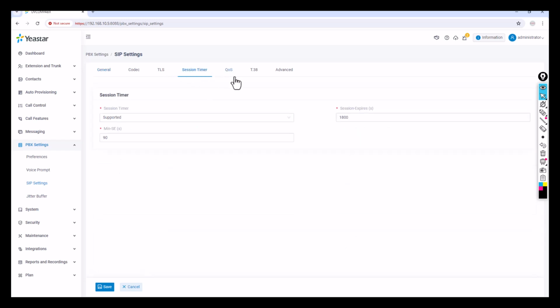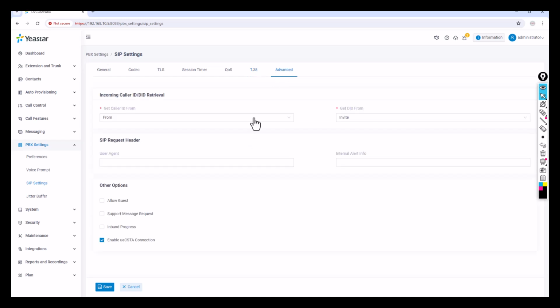Okay, session timer and QoS and T.38. This is related to your fax, guys. That's okay for me. And if you want to change anything related to the incoming caller ID settings and so on, you can just come here and make the changes. So these are some settings you need to understand before you set up your PABX. And also you can see here, if you want to change your IP address, as I told you,